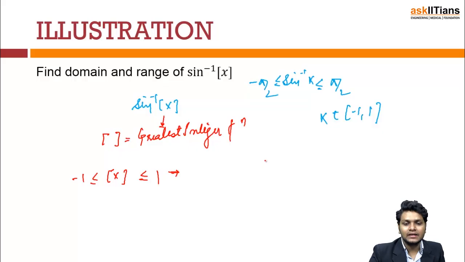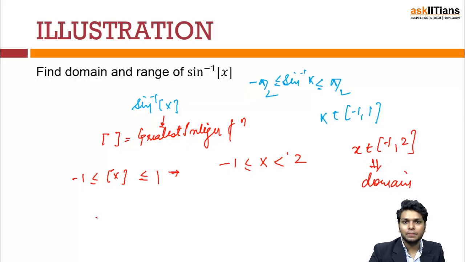From this knowledge I think I can say that x will belong to the interval from greater than or equal to minus 1 and then just less than 2, because if it becomes equal to 2, the greatest integer function on this side will become 2, which I don't want. So the domain that I can think of will be the interval from minus 1 to 2. So this part will be the domain, right?